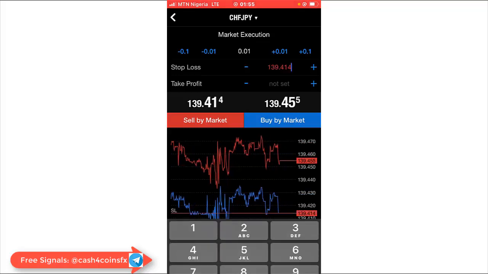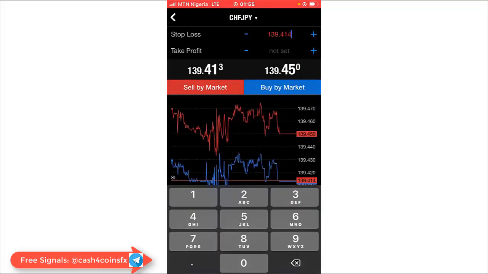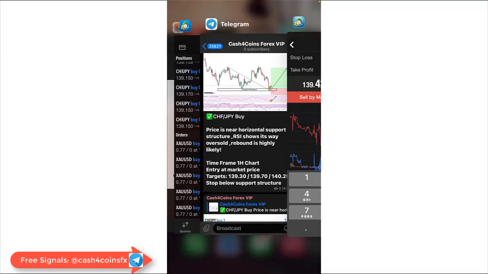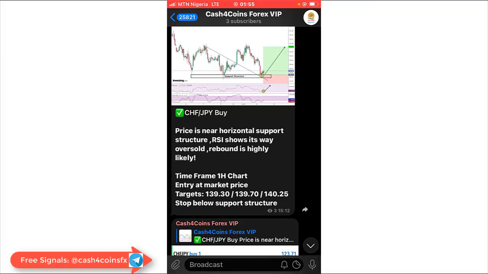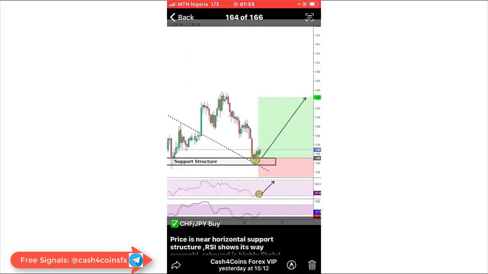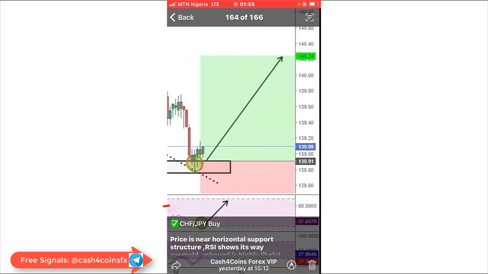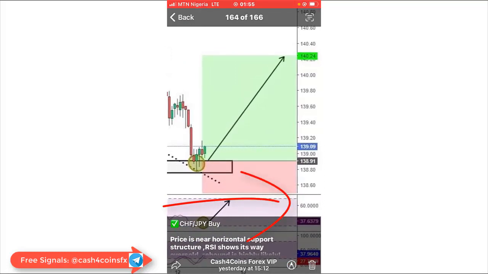Under stop loss, you click on stop loss. From here, it says that the stop loss should be below support structure. Therefore, we are going to view the chart and check the support structure. The support structure is here, closer below